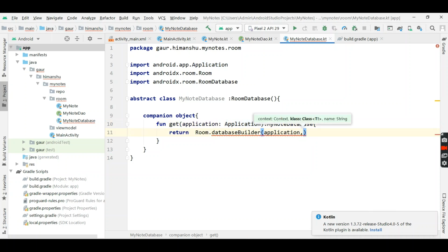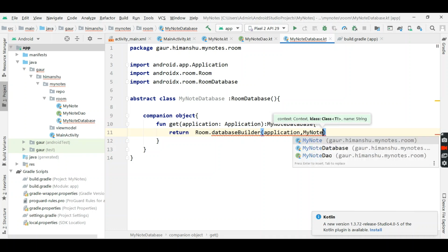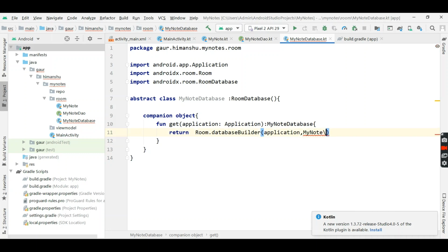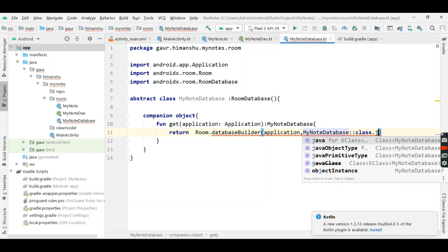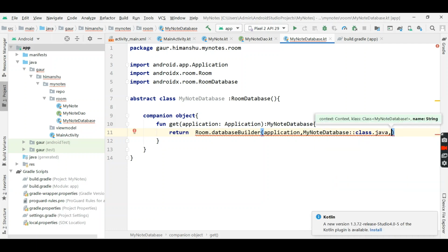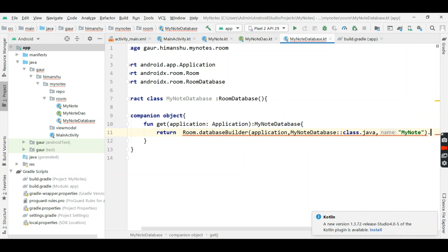And second is our class, you can see. So our class name is MyNoteDatabase, MyNoteDatabase::class.java, and the third parameter is a string. So I say mynote and simply build it.